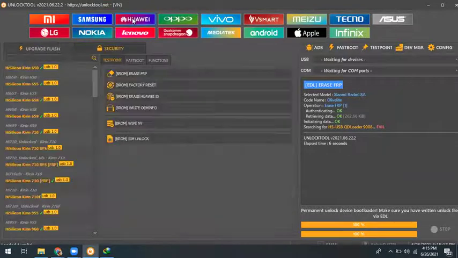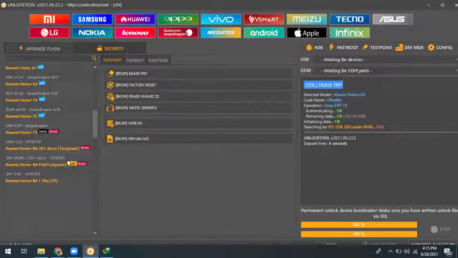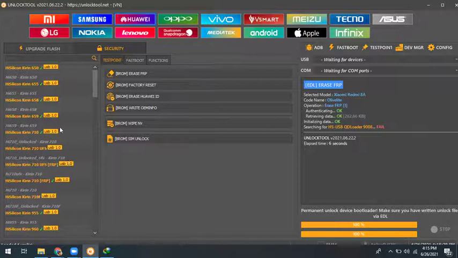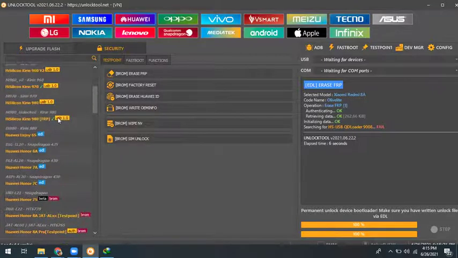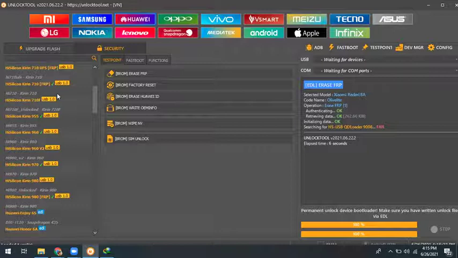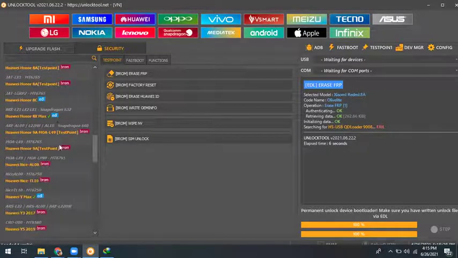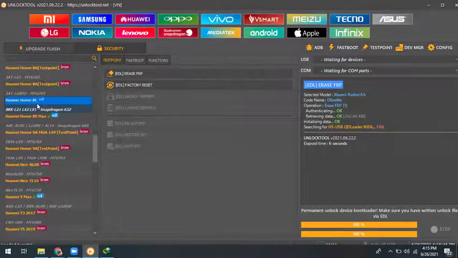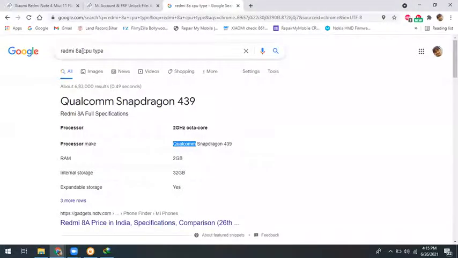Okay. Next one is Huawei. And you know, guys, Huawei is a brand that supports the HiSilicon Kirin CPU type. If you want to unlock any HiSilicon phone, in that case you need the USB 1.0 test point, the same as your test EDL point of Qualcomm. And when you get an MTK phone or a Snapdragon phone, in that case you need an EDL point, like the Huawei Honor 8C. It is a Qualcomm. You can go on Google and check the CPU type.